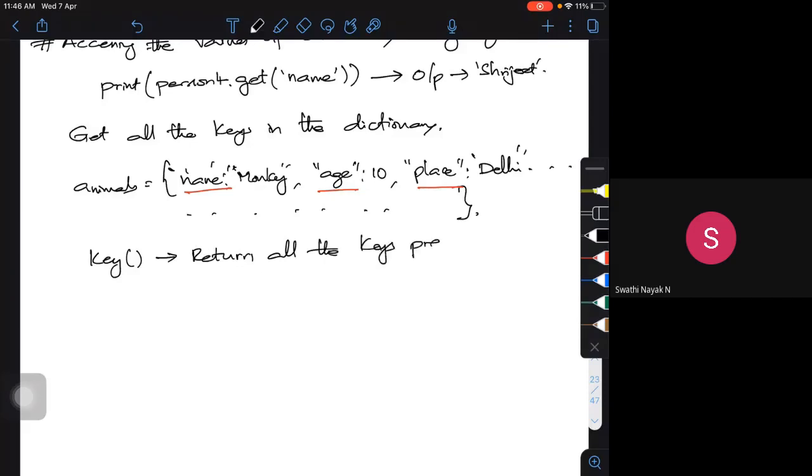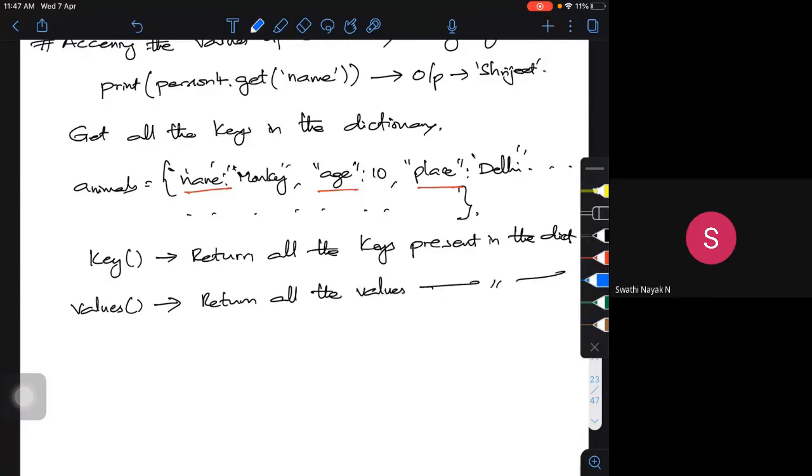If you want to access the values, just use the values function. It's going to return all the values present in the dictionary, that is, monkey, 10, Delhi, whatever I have put. All the values get printed.